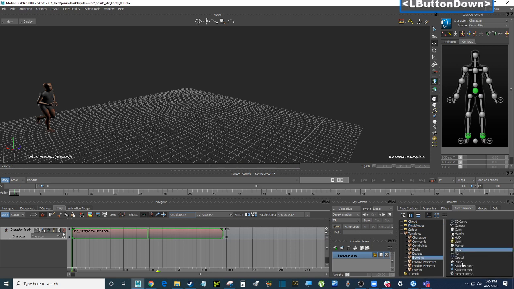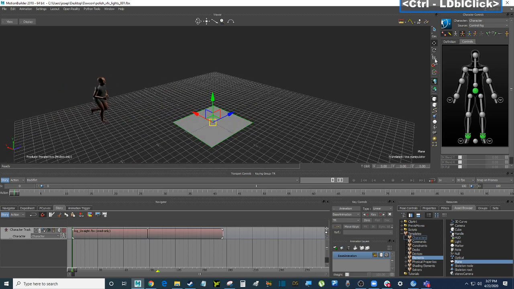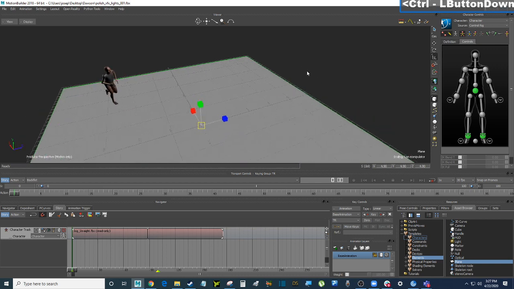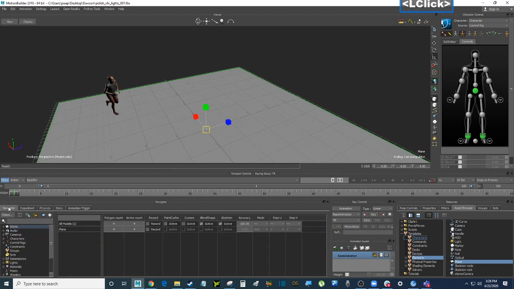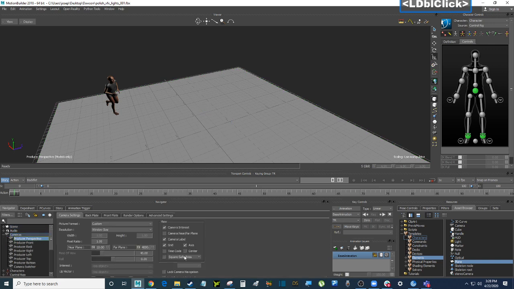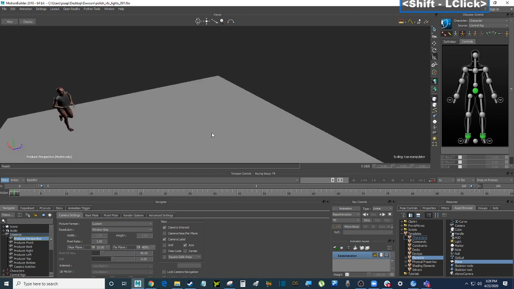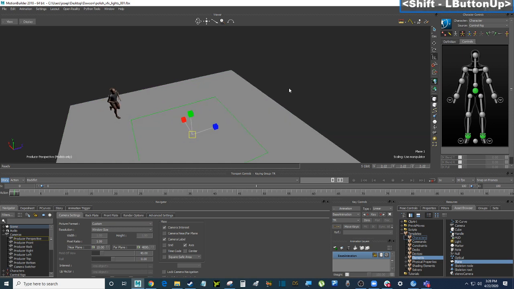I'll drop in like a flat plane, and then just scale it up. And maybe I'll remove the grid because I don't want to see the grid for now, just a little bit distracting. And what I'm going to do, I'm going to duplicate this grid and maybe